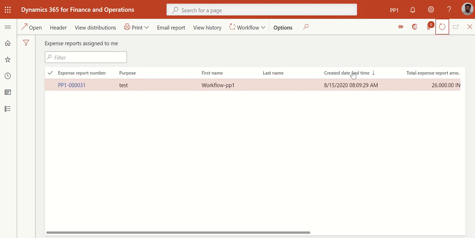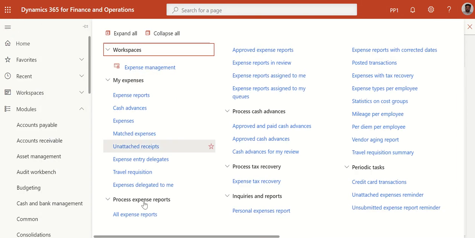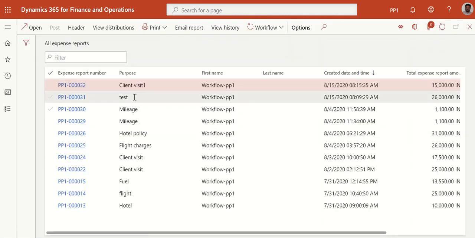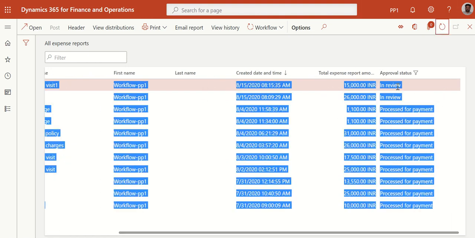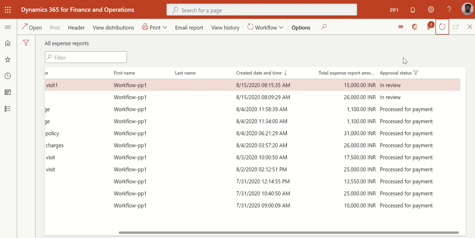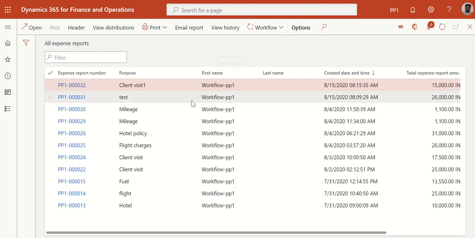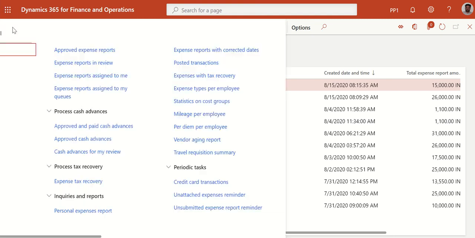Once this saves, it takes time to move. All expense reports you can see here. These are the reports. So if you come to client, this is the one I reported. You can see the status. It will take time to load, so just wait for that. It's still loading, but you can see the approval status. You can see what is the total expense amount, when it is created, and who is the employee that has created. So you can see all those details here in all expense reports.